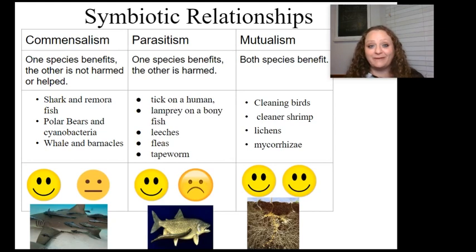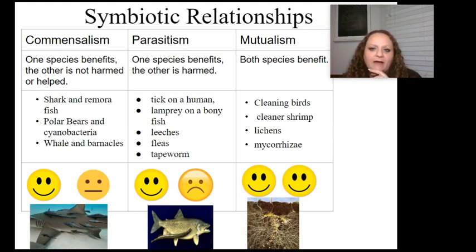Okay, finally, we've made it to symbiotic relationships. I have hinted about these types of relationships all year. You guys know what symbiotic relationships are, but now we're going to talk about them in a little bit more detail. So, a symbiotic relationship is any relationship between two organisms where they are working together or they're living together closely whether they want to or not. And symbiotic relationships can be broken down into different types.